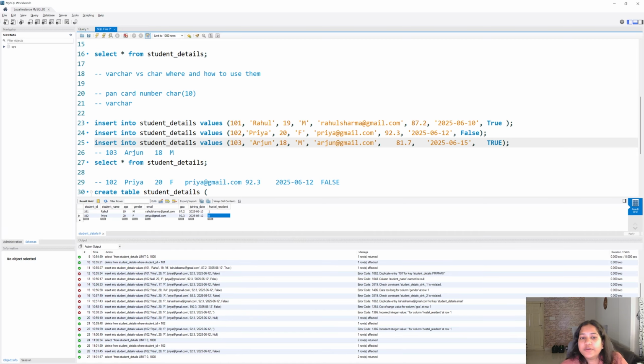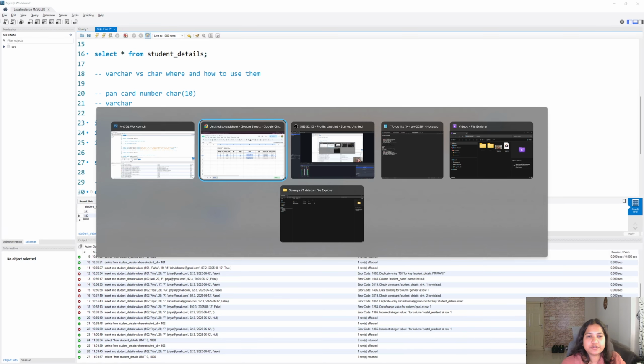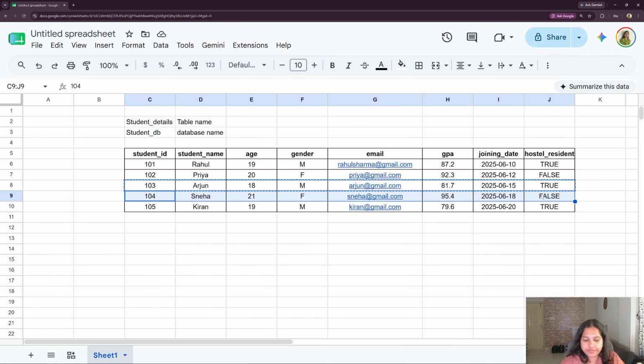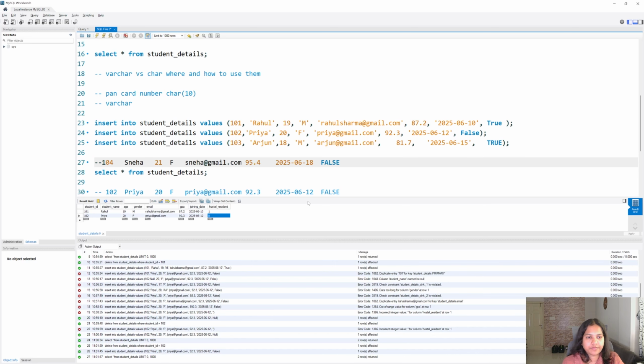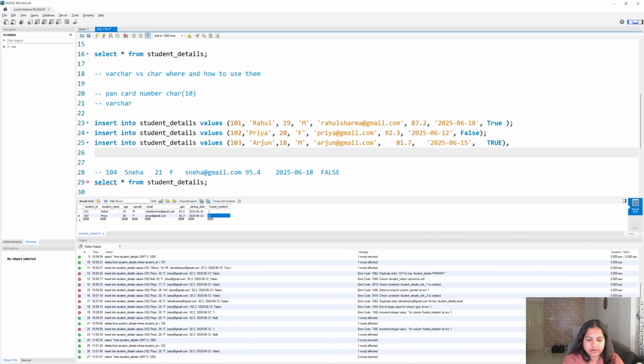Okay, so if you remember, I told you I'll tell you two ways to insert this particular data, right? So I'll show you another way also. Let's copy the fourth one. Now, instead of the semicolon, remove the semicolon, put a comma. And in the next line, do this. So put all this data inside this. 104, comma, Sneha, 21, female. And now the codes for all of these.